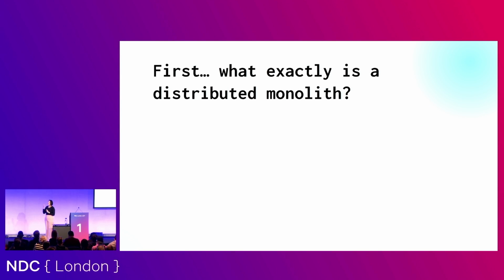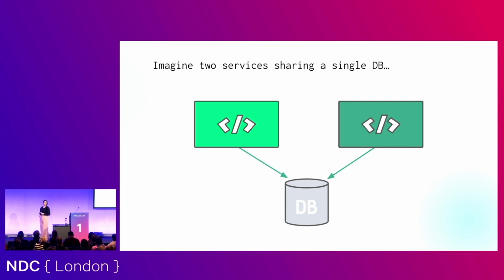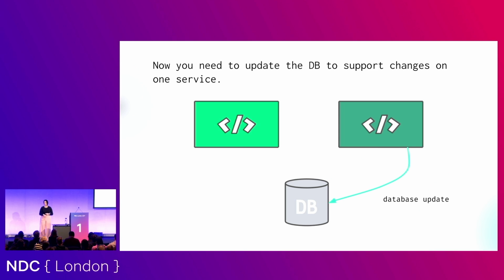So to understand where the danger comes from, you kind of need to know what it is. And people say, oh, okay, what is it? Is it like multiple monoliths spread around? Let's take this common scenario, okay? This is something people always ask me when I talk about distributed systems: yeah, but they're both using basically the same data. Do I have to duplicate my databases? Can they not just both share the same database? So let's say, okay, yes, let them share the database. So we've got these two services both working on this database.